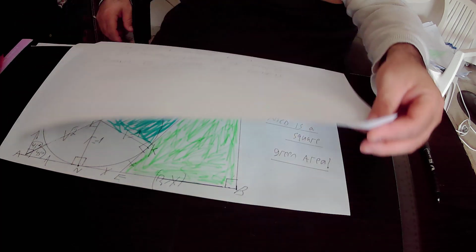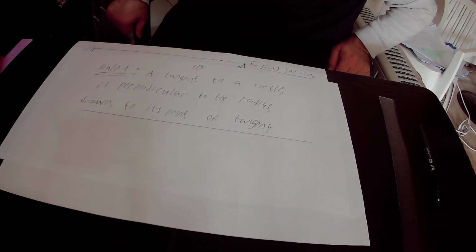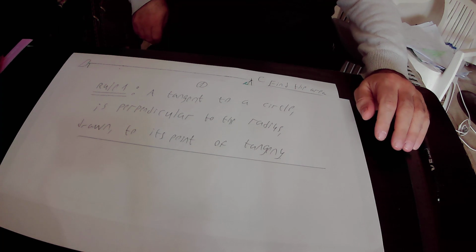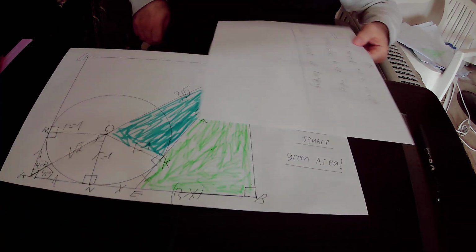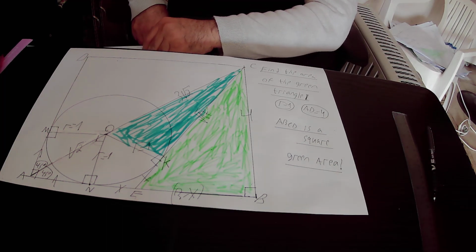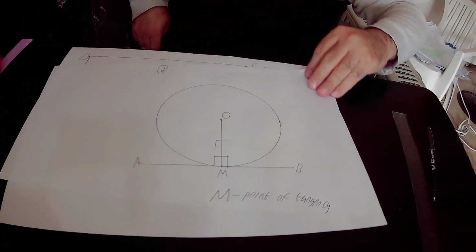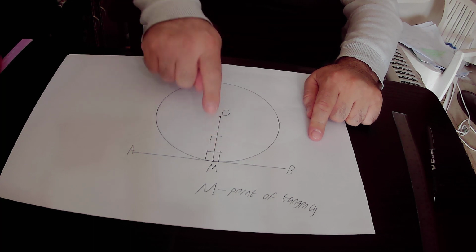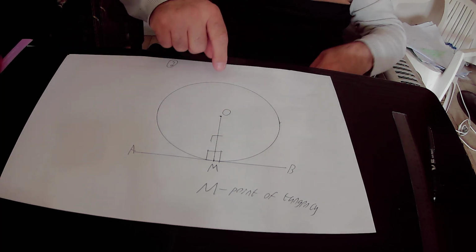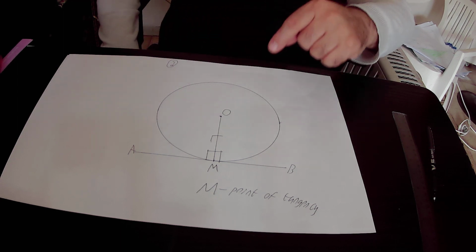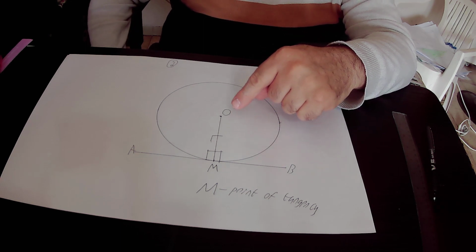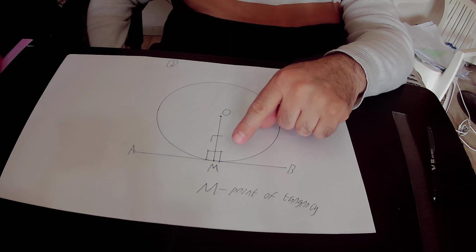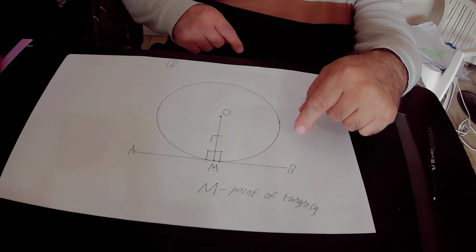So first of all, I presented to you rule number 1. According to rule number 1, a tangent to a circle is perpendicular to the radius drawn to its point of tangency. So what is the meaning of rule number 1? If you have this circle and tangent AB is tangent to this circle at point M. Point M is the point of tangency of tangent AB with this circle. The center of this circle is at this point O. We draw the radius OM, which is drawn to the point of tangency. Therefore, according to rule number 1,